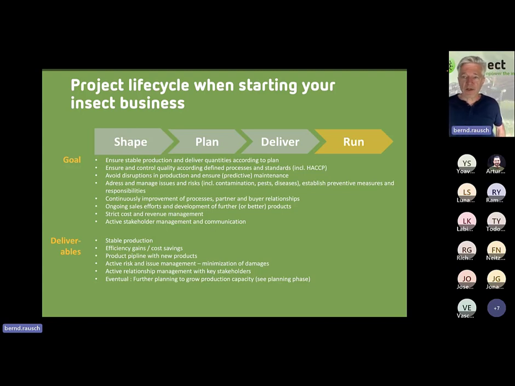The run organization is mainly about keeping your production running in a stable manner, ensuring that the quality controls are in place, avoiding disruptions, and maintaining your machinery. Again, we have seen business cases where people have not properly calculated the whole maintenance and quality costs. So please keep in mind that you need to address that already in the planning and make sure you have the people in place who do the work, or the contracts in place if this is about maintenance.